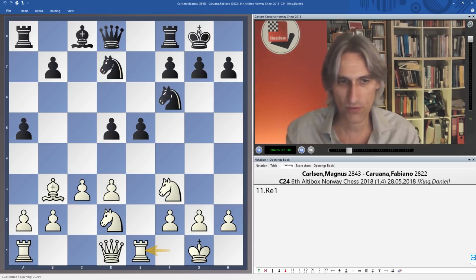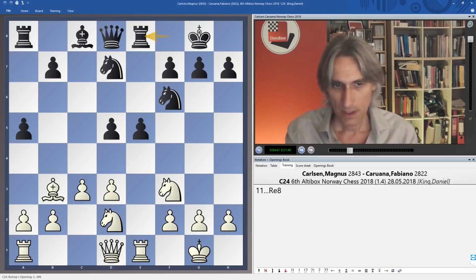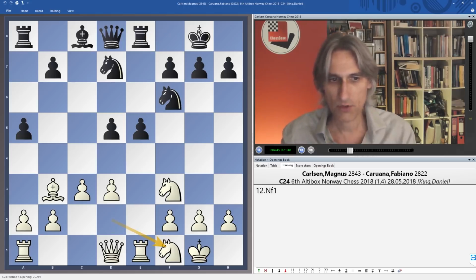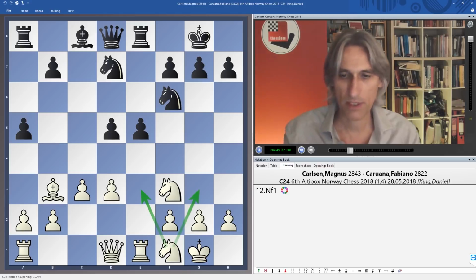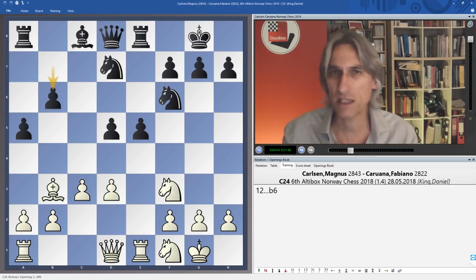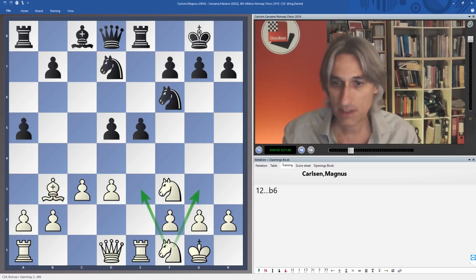So rook e1 threatens the pawn on e5. Therefore rook e8, defending. Now knight f1, so the knight switches round. Might come to e3, might come to g3. Just depends how black plays. Now Carlsen thought after the game that probably b6 was the most prudent move for black here. But instead